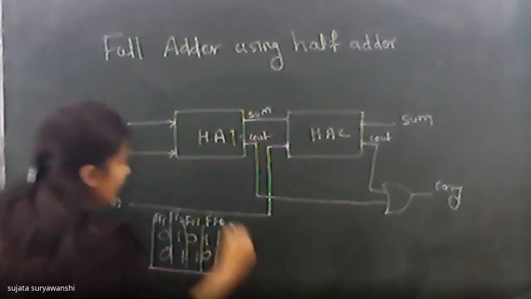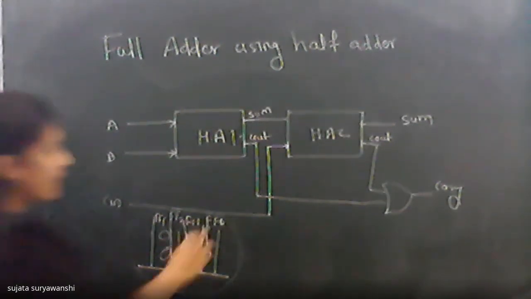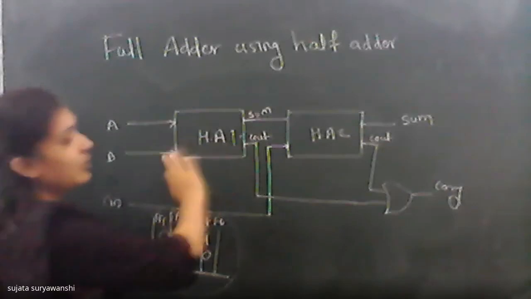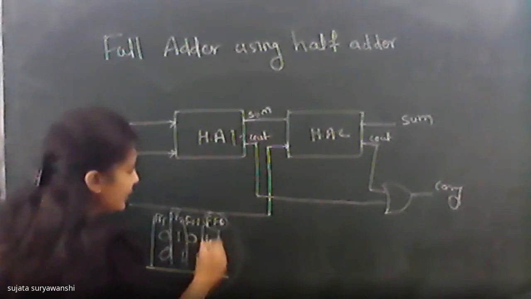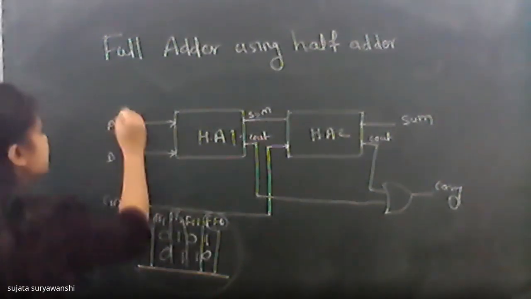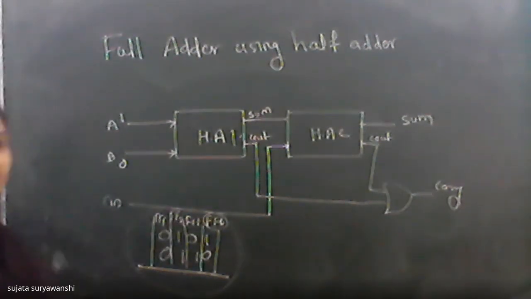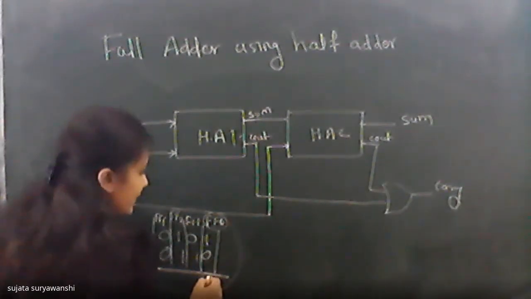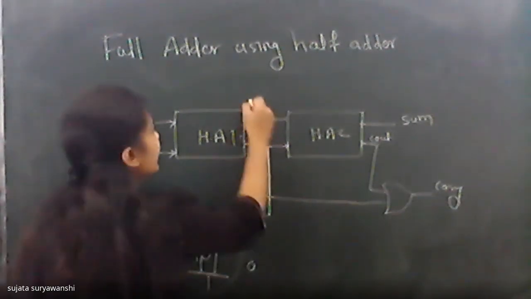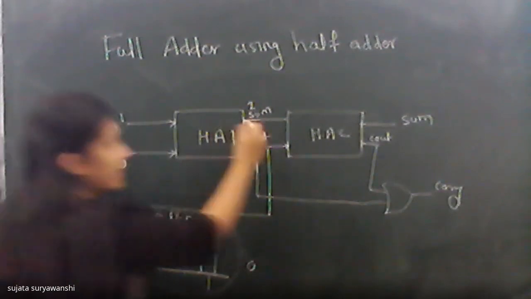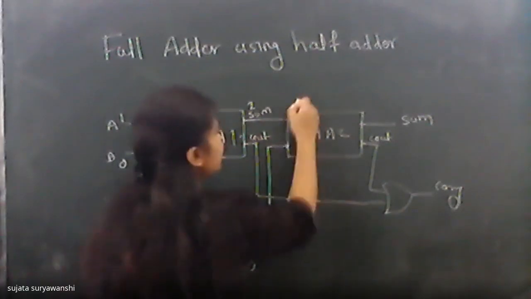Means for the addition of two 4-bit numbers, you have to use 4 full adders. Okay. So the first full adder has inputs 0 and 1, suppose 0, 1 and 0; 1 and 0 are given as input to your first adder. Then the output is sum 1 and carry 0. So 1 is given as the output of this first one. It is directly connected to the input of half adder 2. Means that input is also 1.